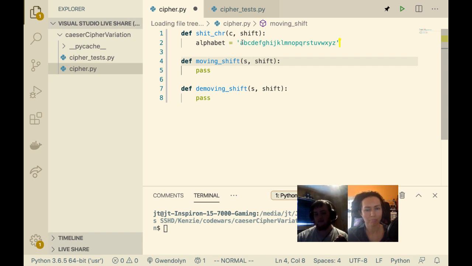Okay. I mean, yeah, we could just have this one alphabet, because we can also do upper on the whole alphabet, right? Oh, yeah, that's true.